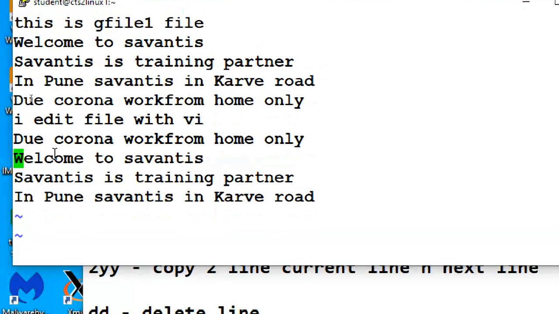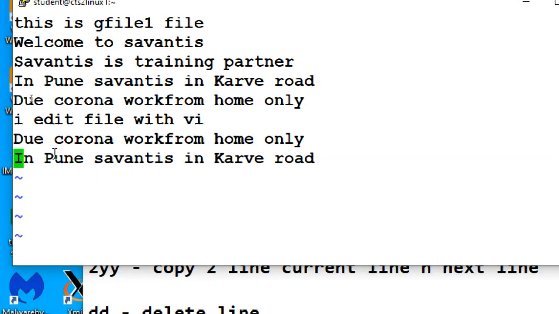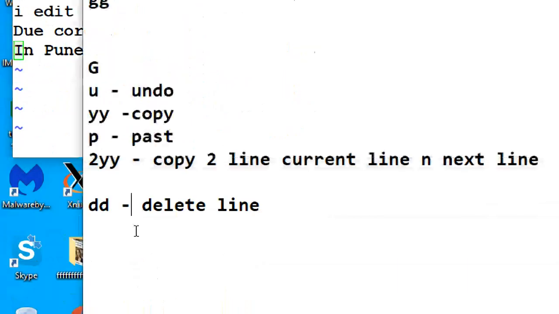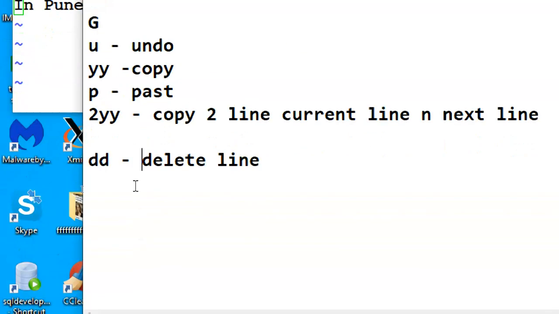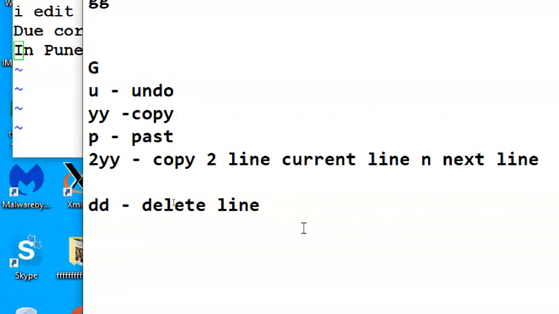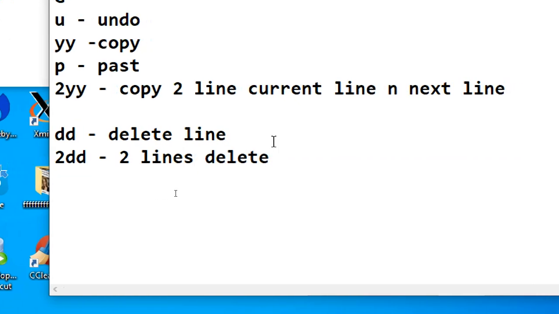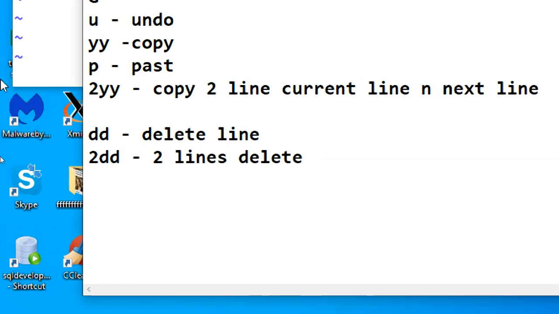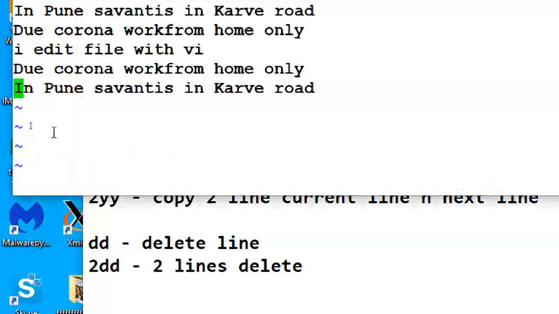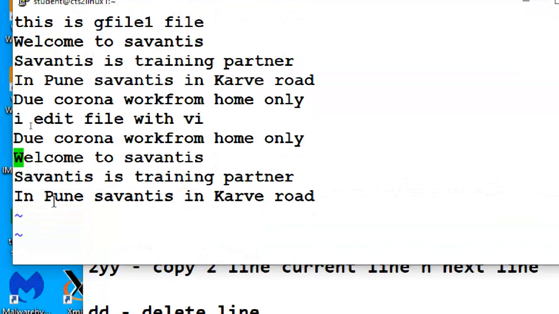Number 2, DD means deleting 2 lines. Current and next one. Escape U.